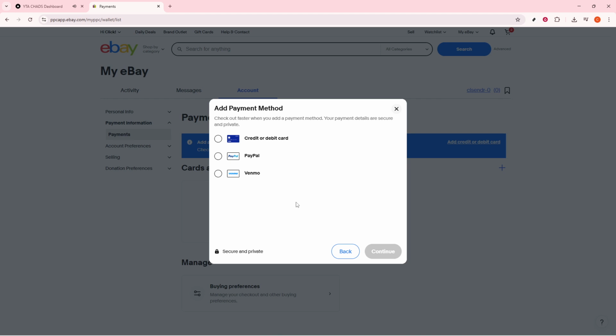Here, you'll need to input details such as your card number, the expiration date, the CVV, and the billing address associated with the card. Once all the information is filled in accurately, don't forget to save changes to ensure your